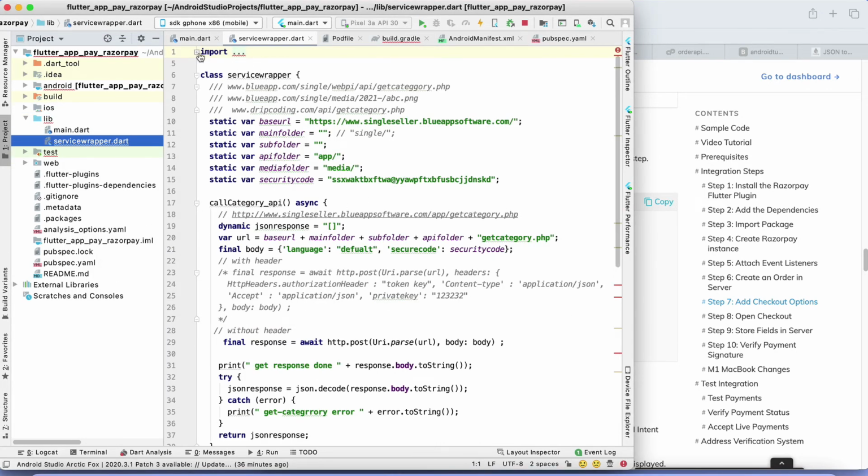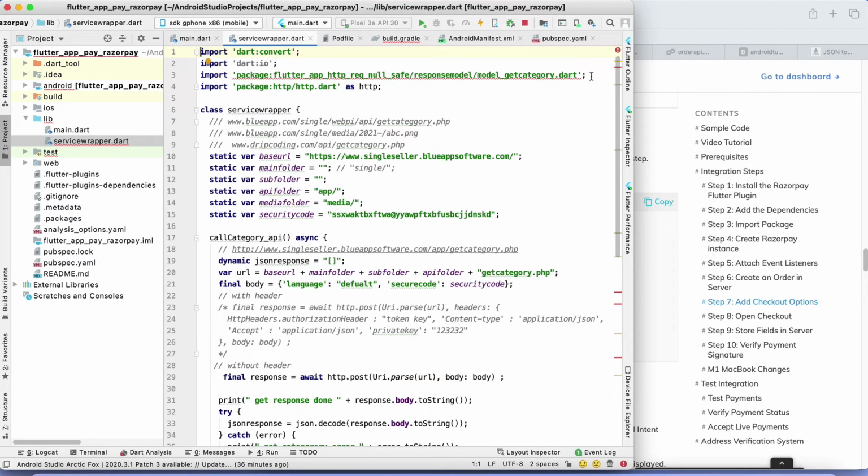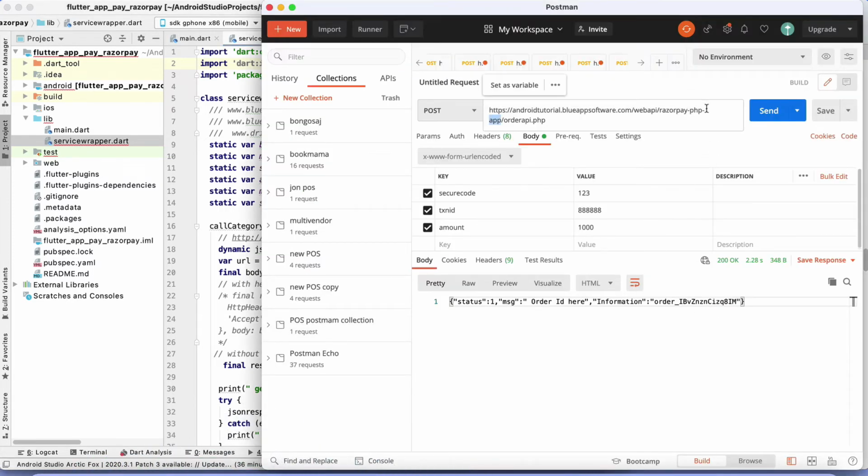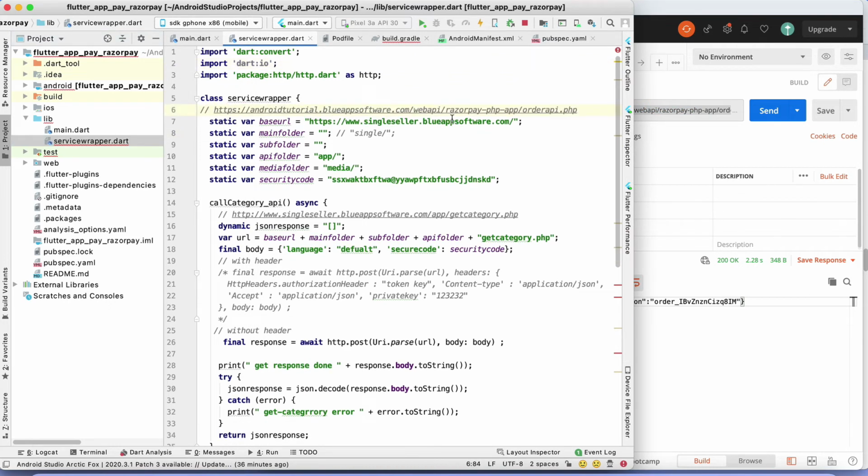So I am just going to make some corrections very quickly. There is no need of this one right now. So my API detail is this one. Okay, so this is a complete URL. Very quickly I am going to do all these things. So the base URL is this one, so copy this one.